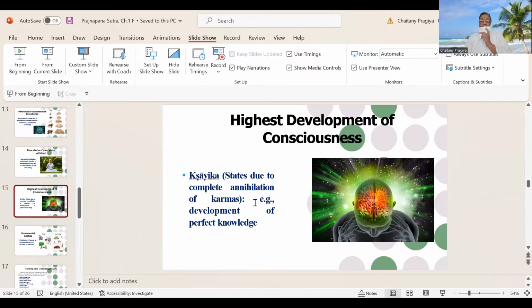Now we would see the kshayik state. Kshayik state is a permanent state. Once it comes to a living being, it never goes. So for example, the perfect knowledge, which we say omniscience. Omniscience is obtained only after destruction of the four destructive karmas. So when you destroy any karma completely, then you come out of the adverse effect of that karma, and whatever quality is developed in you,